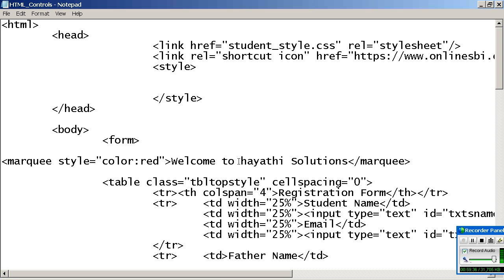In such a situation you need to use a tag called span. What is span? Span will not give any break. Span is useful to change some styles of a particular word or sentence within the paragraph.